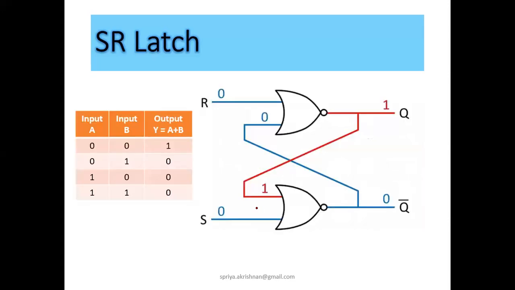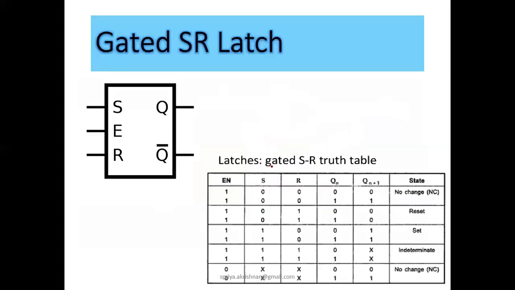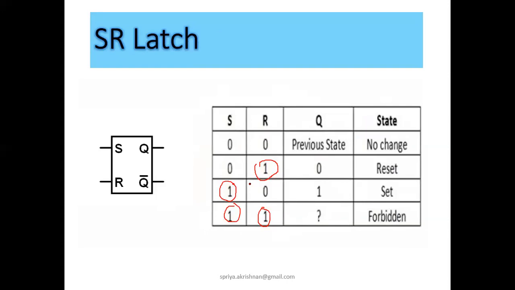Why is that not allowed? See, this is the latch, made using NOR gate. I have shown you the truth table of NOR gate. When both the inputs are 0, 0, the NOR gate output will be 1, and for all other states the output will be 0. Now we will design this basic latch and check whether we obtain this truth table: 0 0, 0 1, 1 0 and then 1 1.